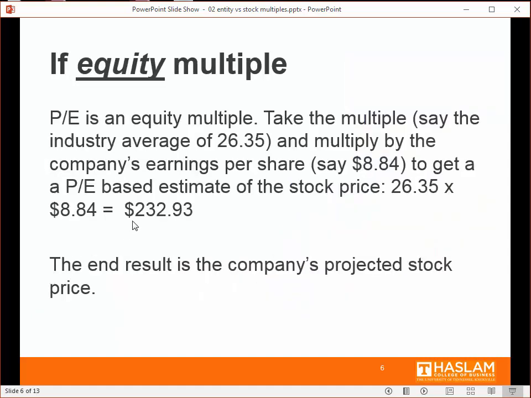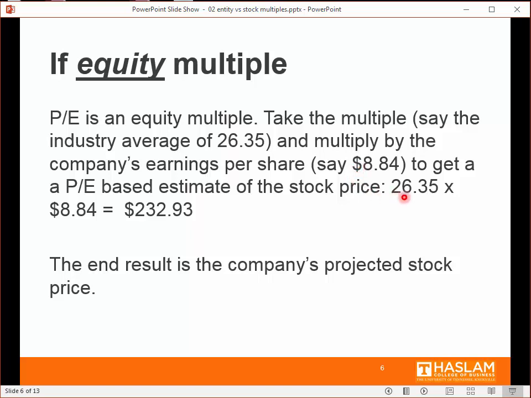So the way this works is that if you're using an equity multiple, for example, we talked about price earnings ratio. The price earnings ratio is an equity multiple, and the way you use it is you take that multiple. For example, an industry average might be 26.35. This was an industrials average. Multiply it by a company's earnings per share, say $8.84, and that would give us a PE-based estimate of the